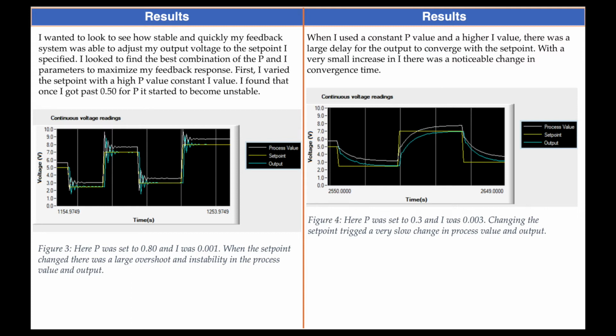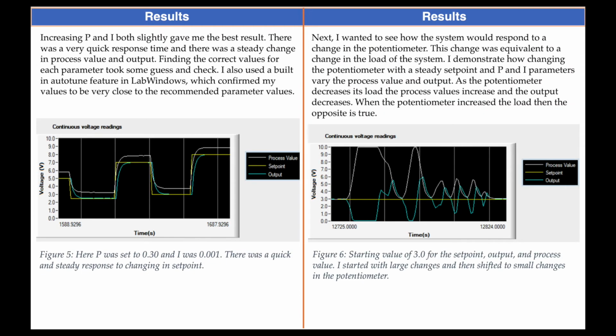After doing this, I kept a constant P value at 0.3 and then I varied I to a higher value of 0.003. Again, I varied the set point and found that there was a very slow response rate from changing this value of I a very small amount. After trying multiple values for P and I, I found that the best values were 0.30 for P and 0.001 for